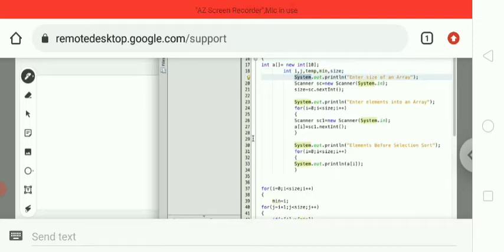After that System.out.println, enter the size of an array. To give the size of an array I used the Scanner class here, and the value which I give will be stored in the size variable. After that System.out.println, enter elements into an array. How many elements do I have to insert? Here I gave the specific size, so depending on the size the elements will be stored into the array, that means the A variable.